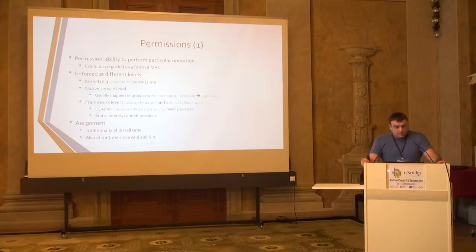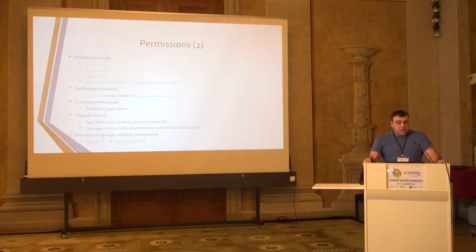Permissions traditionally have been assigned at install time, of course. The big change in Android 6 is that there is also runtime assignment and also revocation. Permissions have different protection levels. Those haven't changed much since the beginning. There's the normal level, which is basically always granted. There's the dangerous level, which previously required user confirmation at install time. Now it's at runtime. Signature permissions, of course, require you to be signed with the same certificate as the application